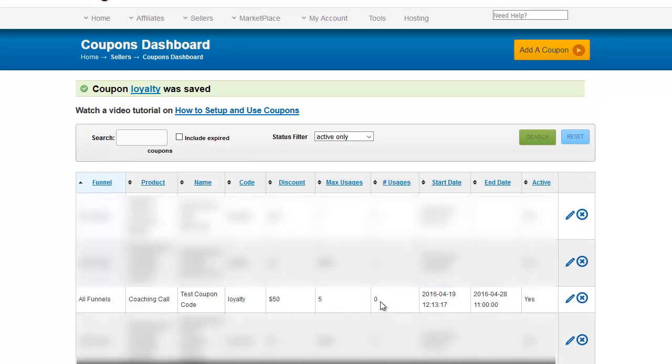No one has used it yet, but once someone uses this, that will increment to 1. This is how you set up these coupon codes, and then what you want to do is whoever you're giving the coupon code to, you want to tell them the coupon code is loyalty, all lowercase, and you want to type that into the coupon code box on the JVZoo order form. Once they click the buy button, they'll be taken to the order form